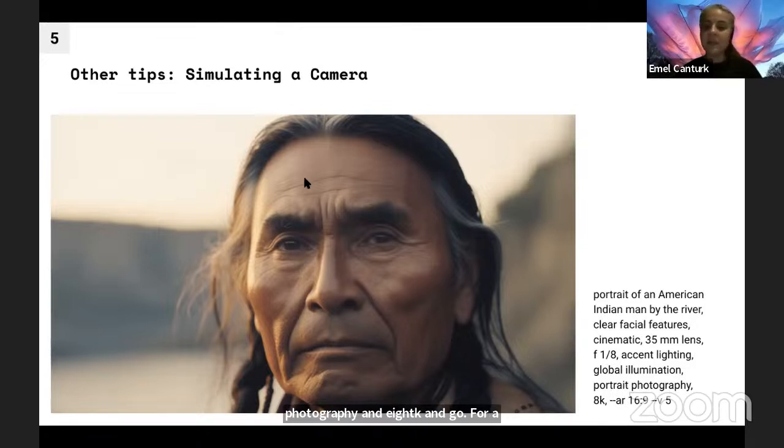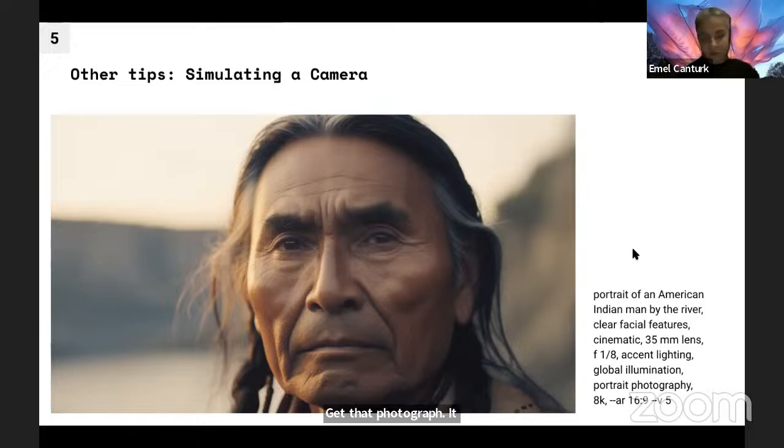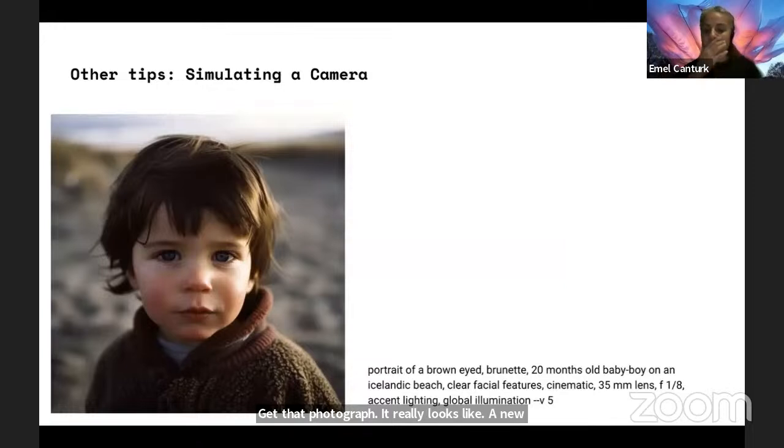So see, if you know something about photography, about lenses, please use it, because it turns out really good most of the time. For example, look at that face, look at that photograph. It really looks like a real photograph taken by a photographer. It's a good portrait photograph, I think. Or again, here I use the same lens,